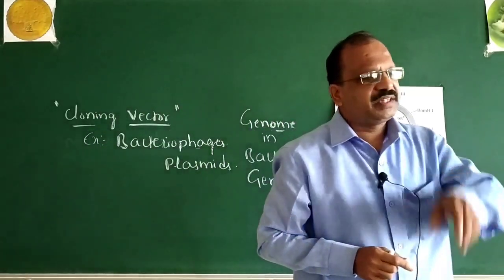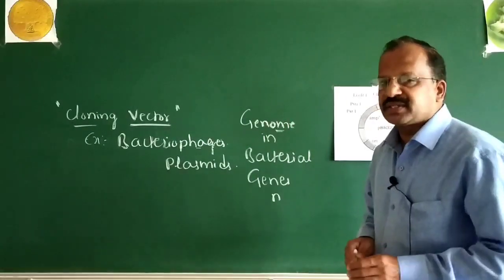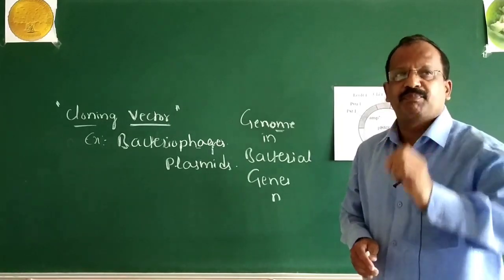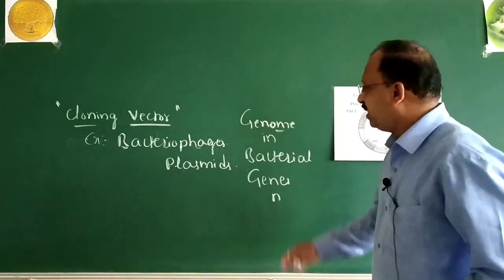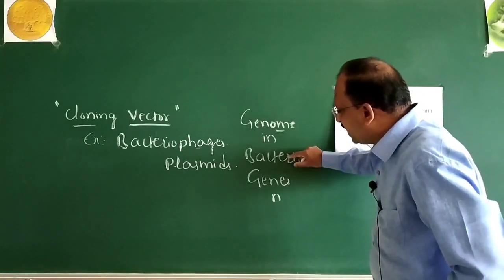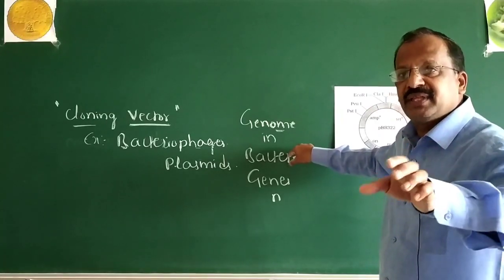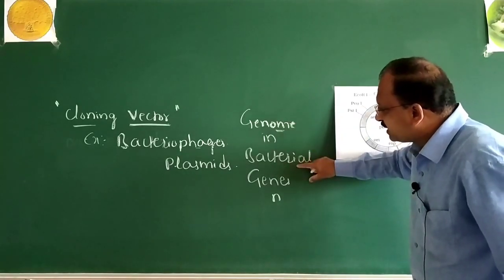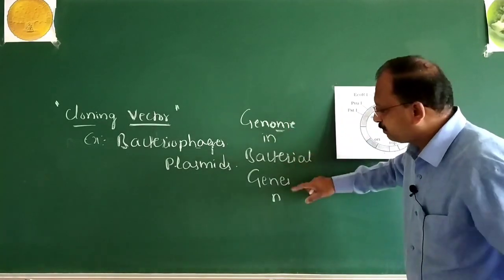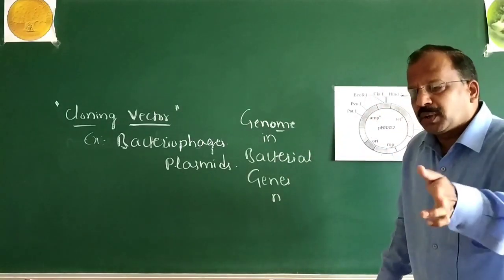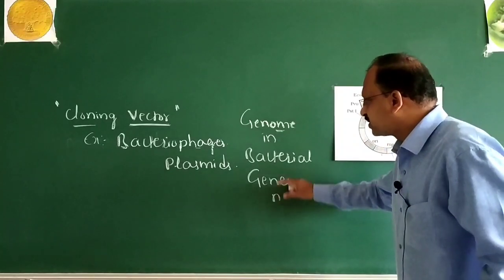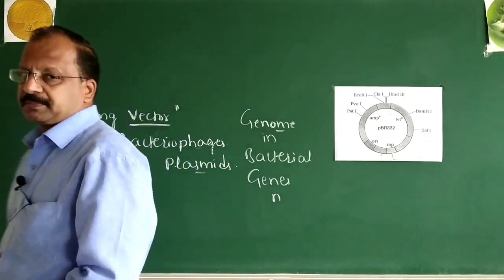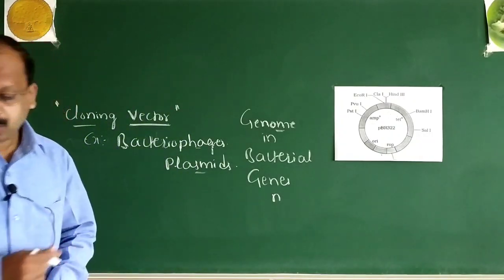Viruses which infect bacteria are called bacterial viruses or bacteriophages. Because of their high number per cell, they have several copies of genome in a bacterial cell. The total number of genes located in a haploid set of chromosomes is called the genome. Now look, the next matter is related to plasmids. Plasmids are the extrachromosomal